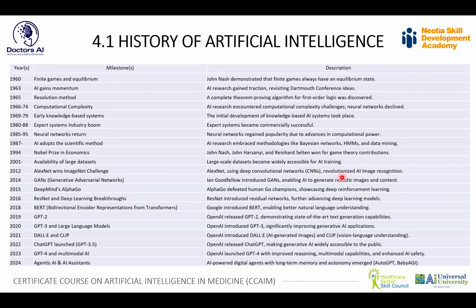Since then, there has been the era of more and more deep learning and machine learning being developed. And finally, if you look at the recent years, since 2022 is largely where you had the era of generative AI. And as we speak, in 2024, you are looking at more of the era of agentic AI and AI assistants. Now, this is what we will be working with over the years to come.